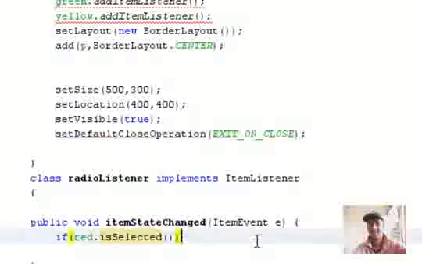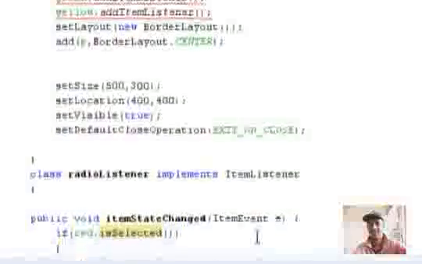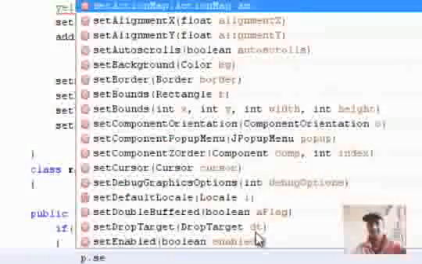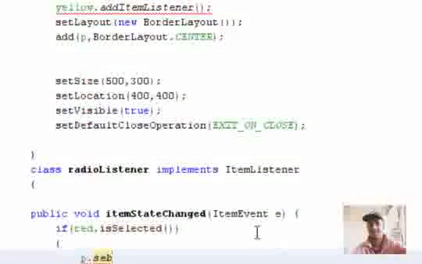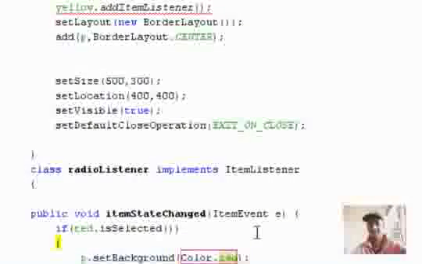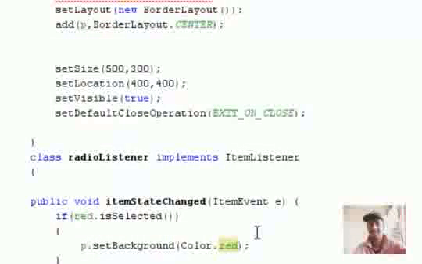Let's start adding the code. What is a panel? p dot setBackground, set background color to red. In a similar way, if yellow is selected,